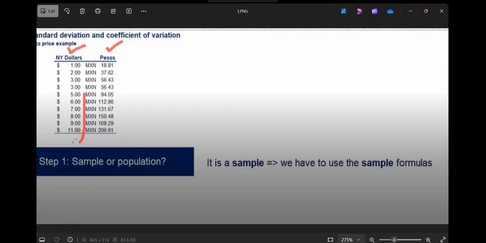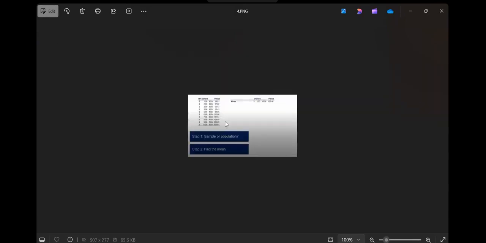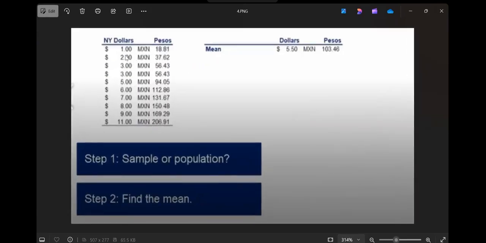Now, can I take a mean first? I'll take a mean of this data and I will take a mean of this data. What is mean? Average. How do I take the average? 1 plus 2 plus 3 plus 3 plus. Now my question, answer me: for this data set, is the denominator capital N or N minus 1?